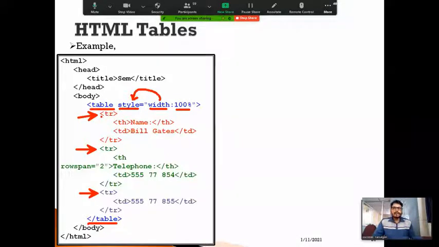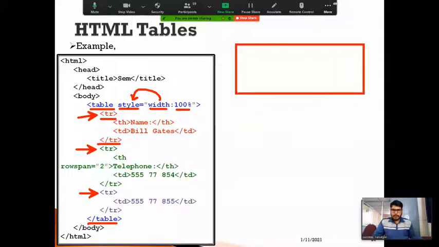In this case, you can observe this tr tag has been opened here, and this tr tag has been closed here. So within a table, I'm going to define the first tr. It will create one row like this. After this, I'm going to include one more tr tag, and here also one more closing tr tag.